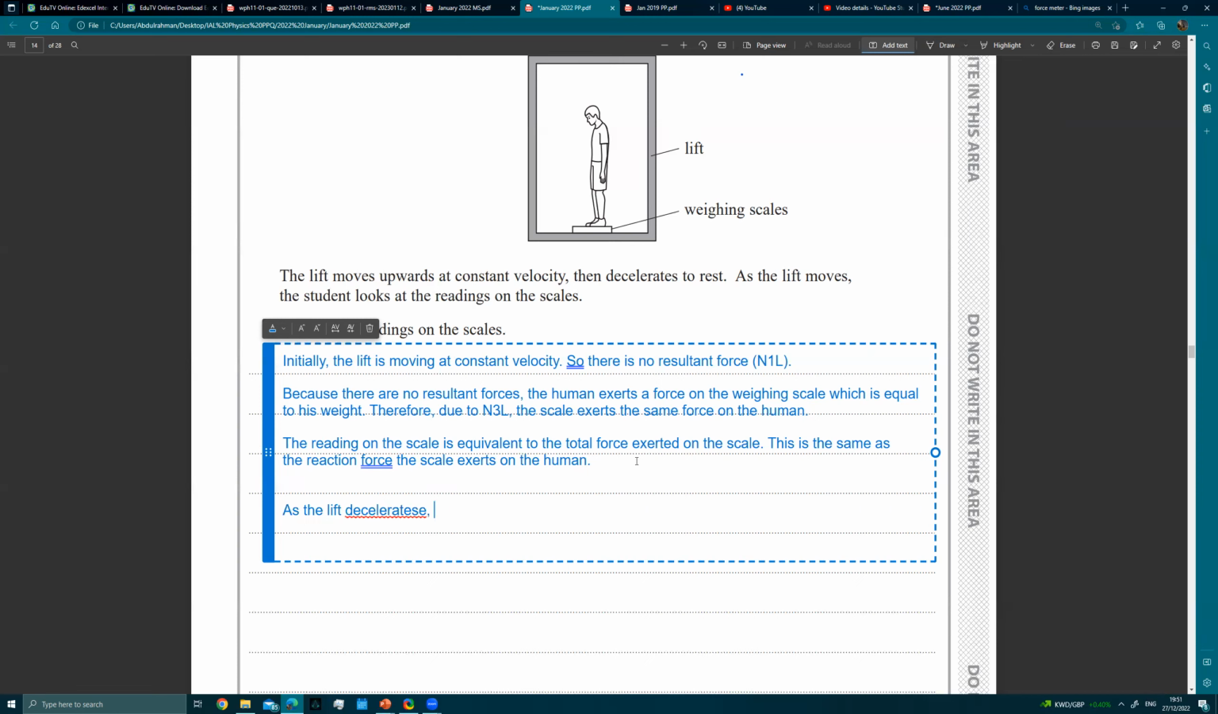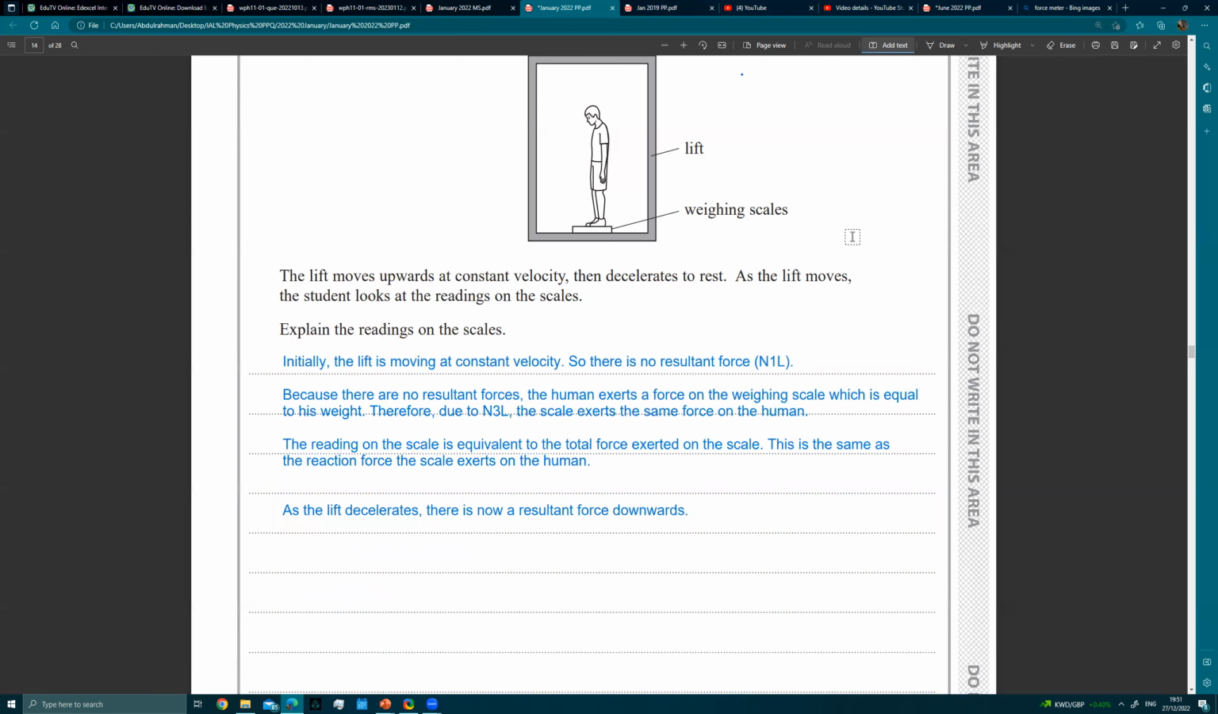Sorry, resultant force downwards. There is now a resultant force downwards. Good, because we said the acceleration is down. So that means that the force acting down, the weight, must be greater than the reaction force acting upwards. So the reading will decrease slightly. And that's it. Good. The only way you could have a resultant force downwards